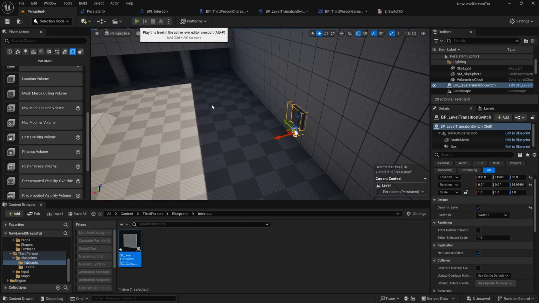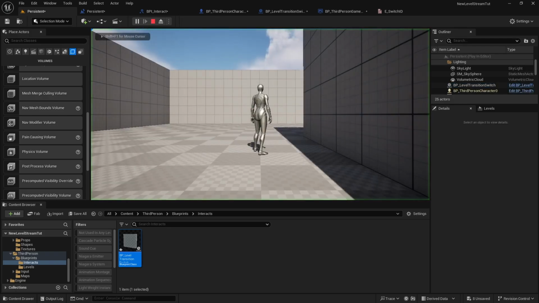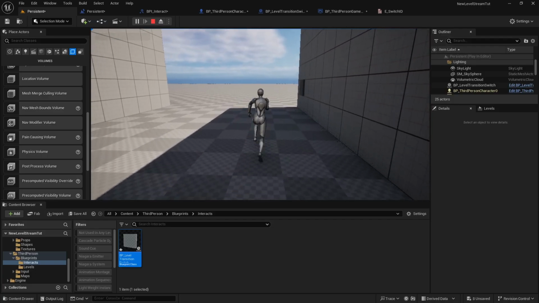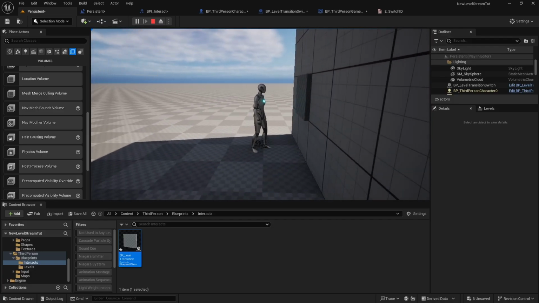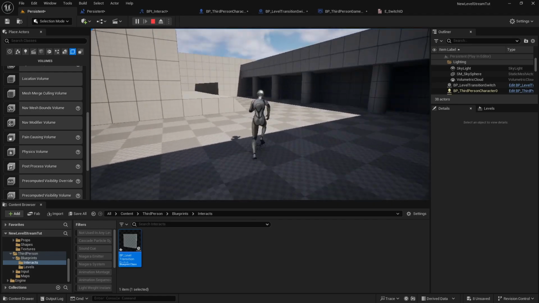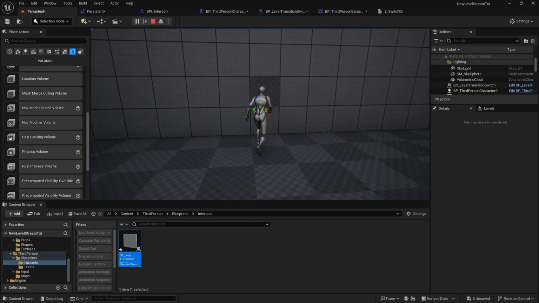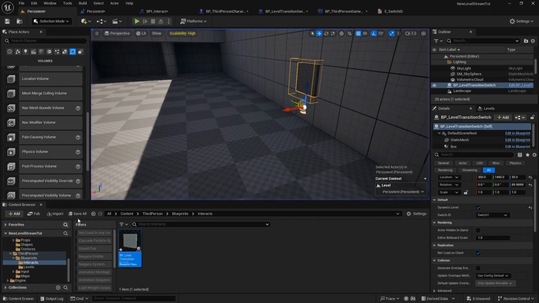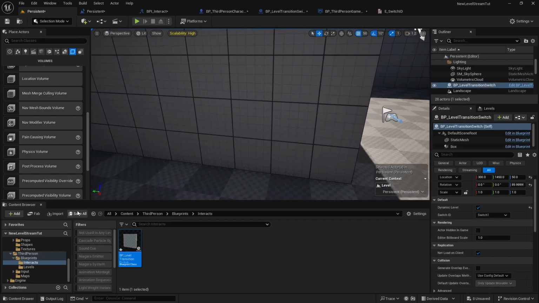So let's jump out into our project. We'll check to make sure our interact check is going. It do. We'll run over here, and our level is loading, and our level is unloading. Huzzah. I'm gonna do a quick save real quick,